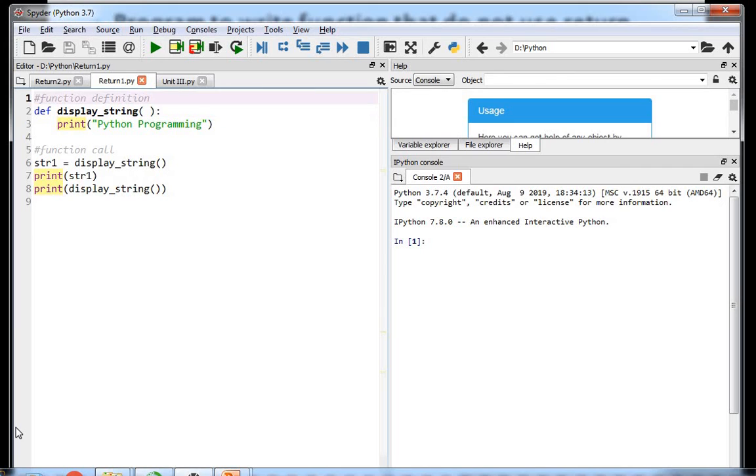Whenever you start execution of this program, the program starts its execution at line number 6, because up to line number 5 we have definition of the function. Function doesn't execute on its own. Actual execution of this program will start at line number 6.